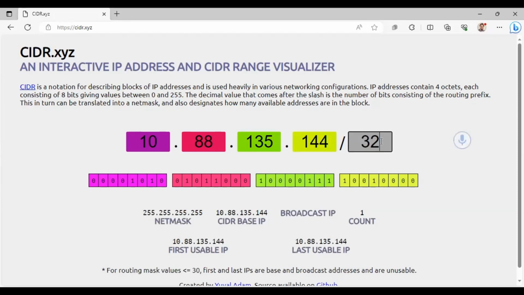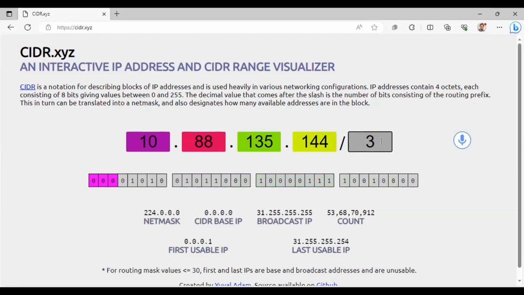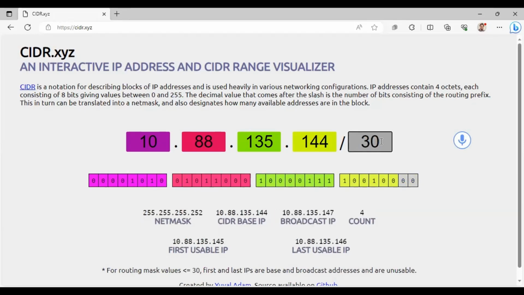Okay, as soon as I change this range from 32 to 30, that is 30. Okay, so here the formula works like 2 to the power n, right? So as I'm reducing the size of the range, starting from 32 till